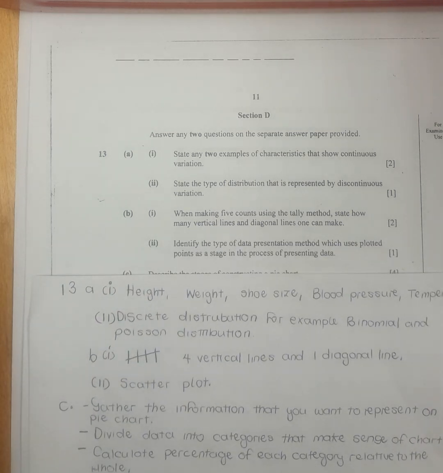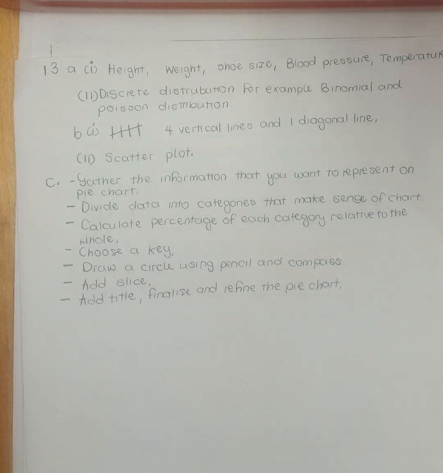And then on part 2, we are supposed to identify the type of data presentation method which uses plotted points as a stage in the process of presenting data. It is a scatter plot. So the stages that are followed in the construction of a pie chart are, first we need